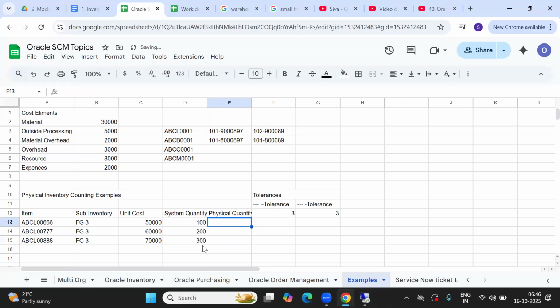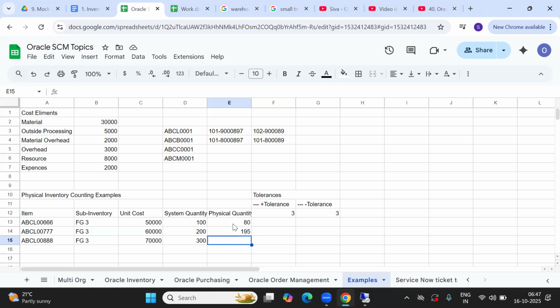So systematically, we'll go and assume some quantity here. For example, here 80 quantity, and here 195 quantity physically available. Okay, here there is a huge difference. Fine, let's understand.